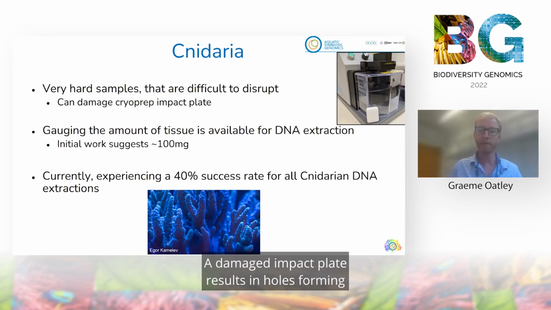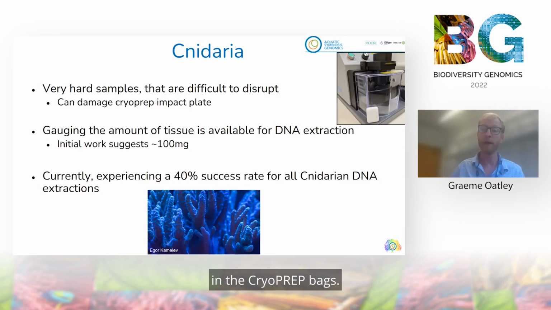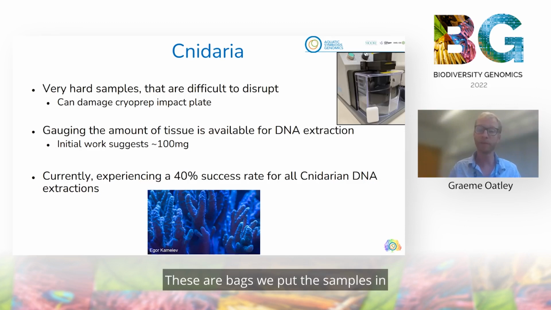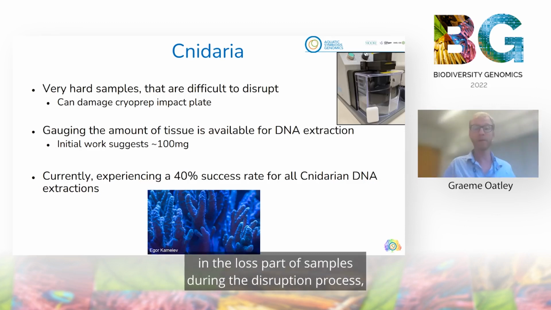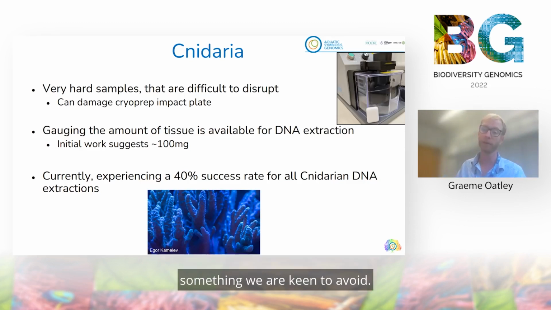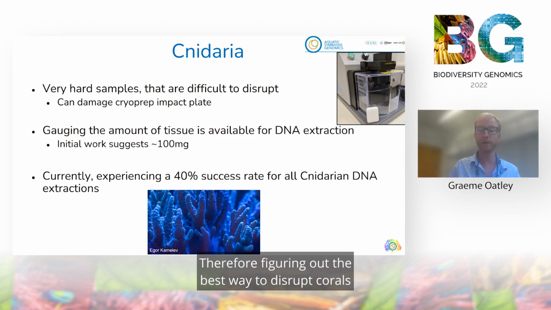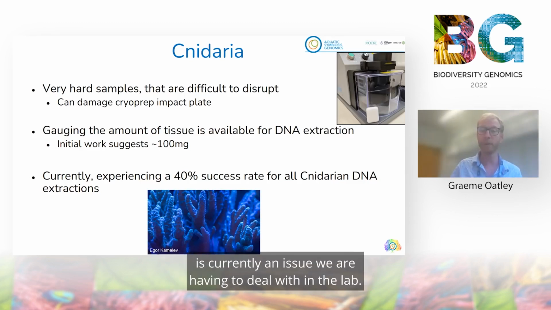A damaged impact plate results in holes forming in the cryoprep bags. So these are bags where we put the samples in during the disruption process, and they can result in the loss of samples during the disruption process, something we are keen to avoid. Therefore, figuring out the best way to disrupt corals is currently an issue we are having to deal with in